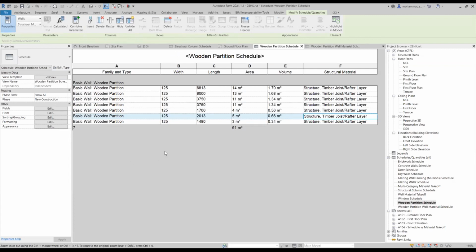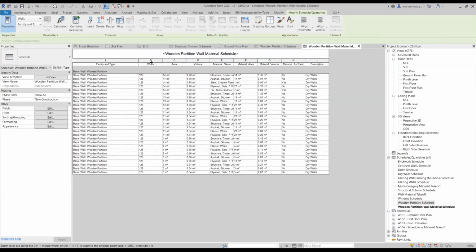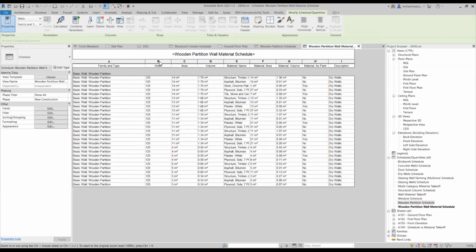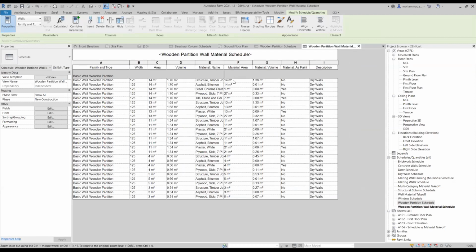Because in this schedule, the number of components is counted. Whereas in material takeoff, this schedule is capable enough to quantify, to add items according to the materials which we have used. Like in this case, each wall is having 4 materials.